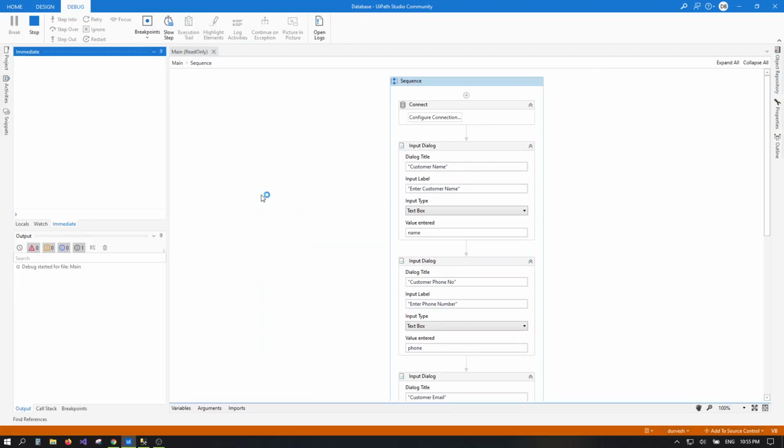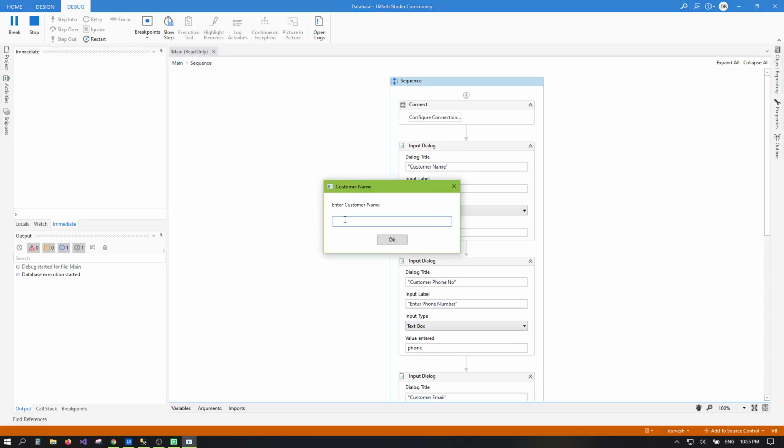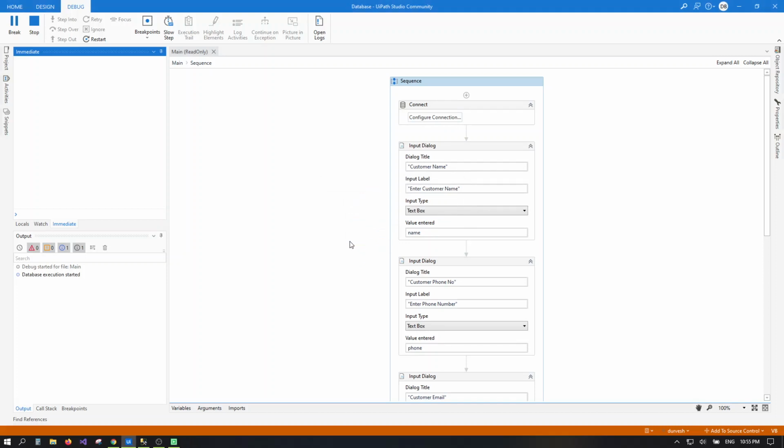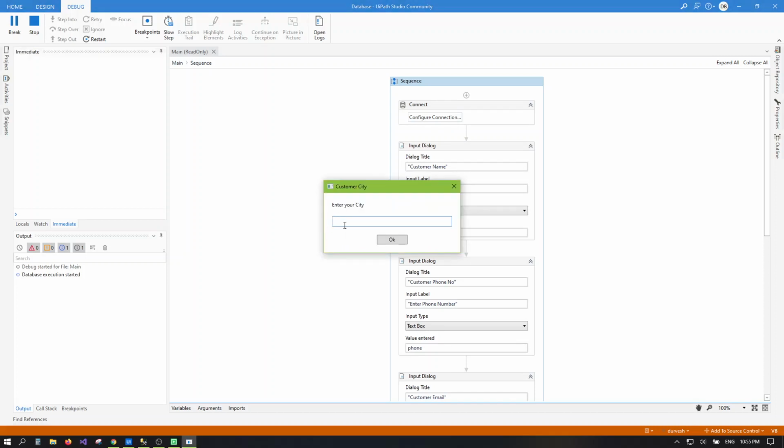Here it will ask first for the inputs. First, customer name called Mahesh, phone number 0123456789, email ID, and city.